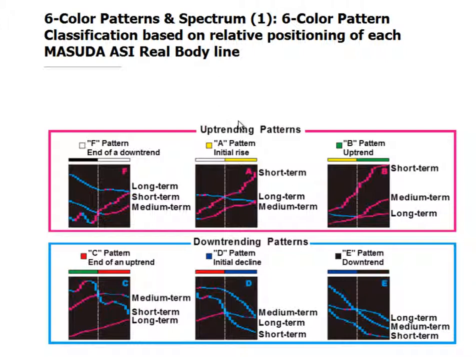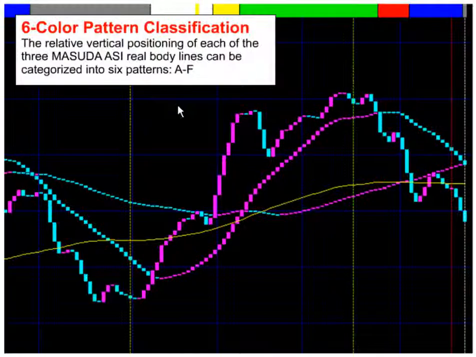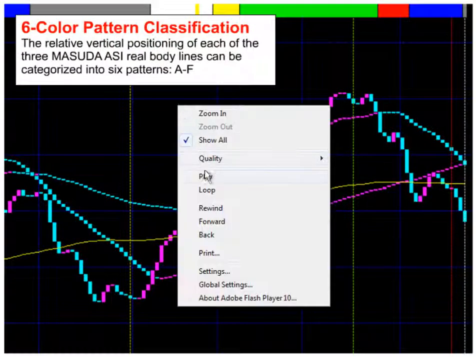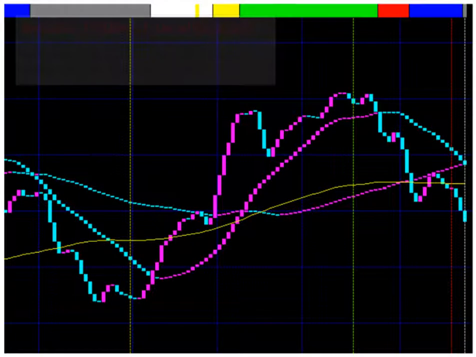Also, on the website we have a flash video demonstration where you can actually watch where the software will show you the respective differences between the Masuda Ashi lines and how they change and cross over. I'll just bring that up now. Here's the screen I was talking about. Now I'll just set this to play, and you can watch the different